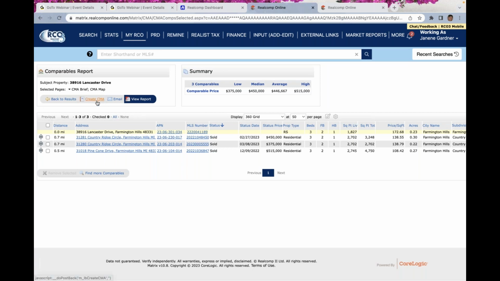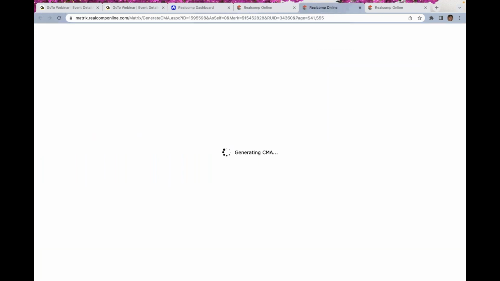I have an option. I could click on Create CMA and go right into our CMA module and add in additional reports and finish that information out to do a full CMA. I could email just these 3 results, or I can click on a quick brief report to do a quick CMA. If I click on View Report,